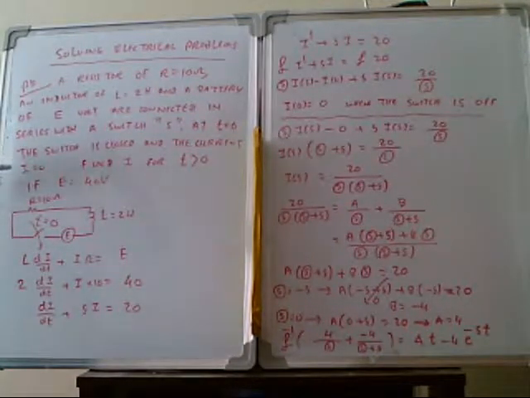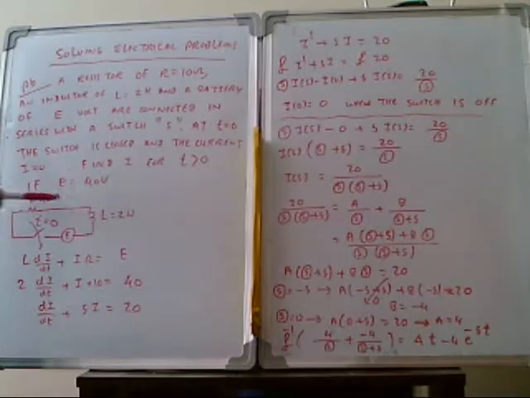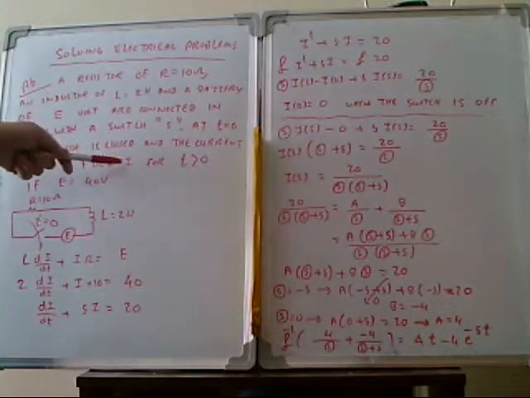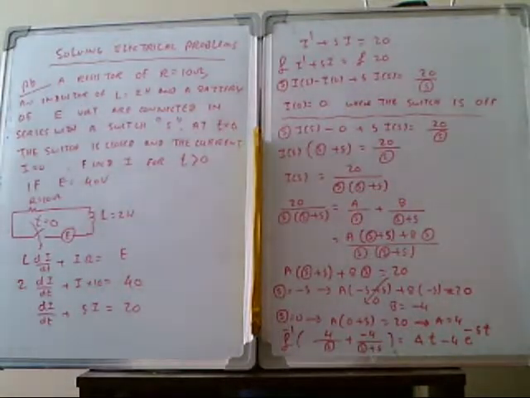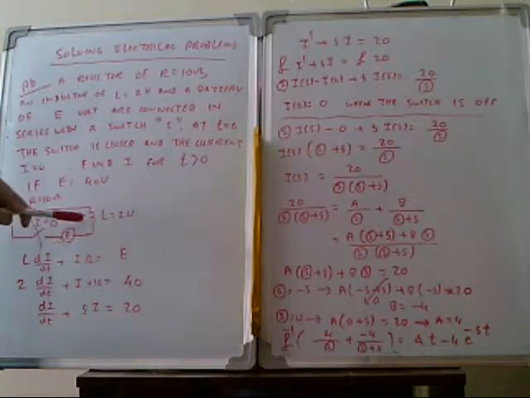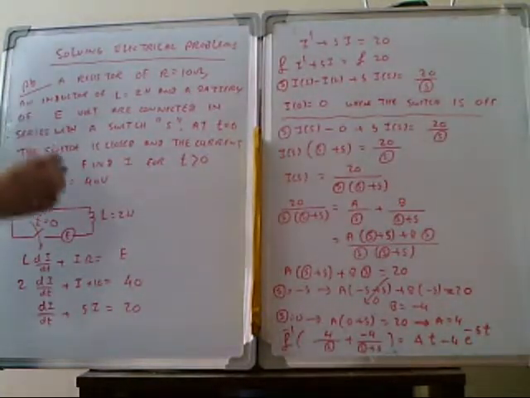The current is I equal to 0 because the switch was open before, so no current can pass through; the initial current I is 0. We have to find the current after the switch is closed. The supply voltage is 40 volts. The supply voltage E, inductor and resistor are connected in series. So the circuit current will be I.